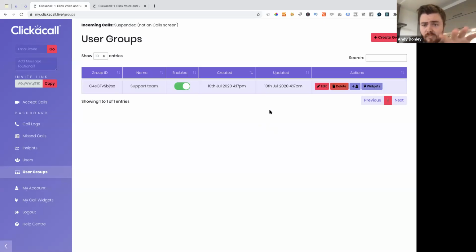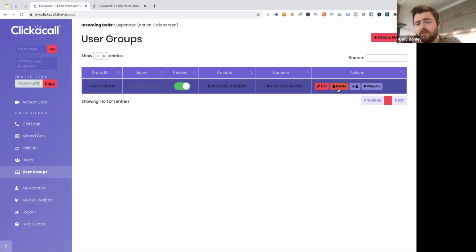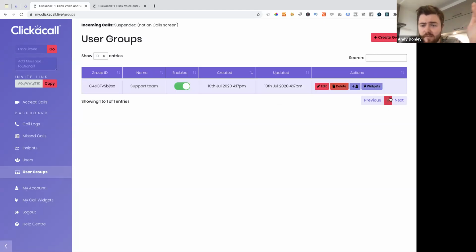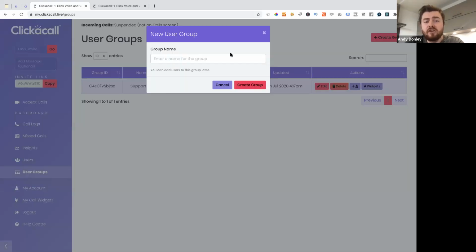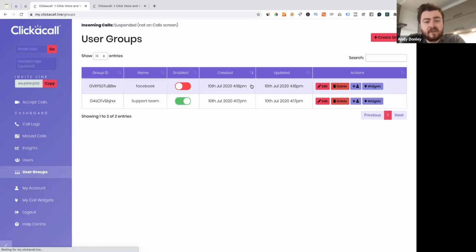So any of these group links as well, you can delete them, you can search them. As I say, there's people that have 5 of these and prefer to just have a few standard ones, and there's people that will have 1,000 of these because they're using them for every single different use case, tracking individual metrics and pushing out to multiple groups. So if I just created one that said Facebook as well, then the next thing that you can do is